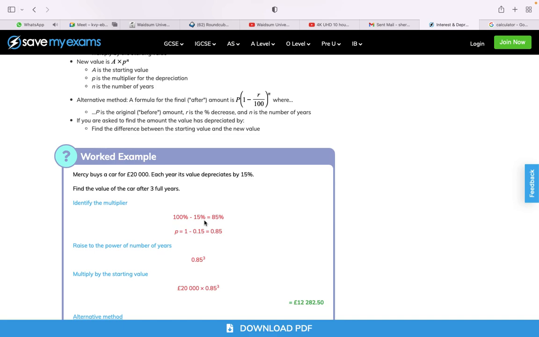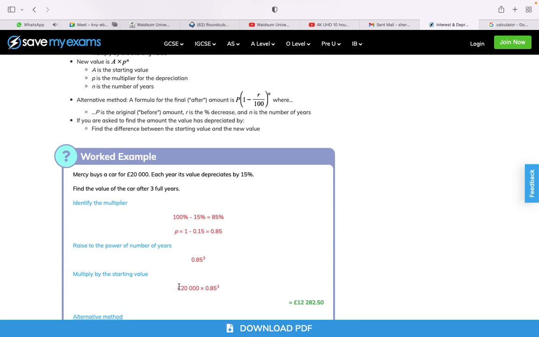50 over 100 is 0.15 in decimal. So you now say 1 minus 0.15, you get 0.85. So you're going to raise 0.85 to the power of 3 because it's 3 years. Whatever you get, you multiply by the amount he bought the car. You're still using this formula. The amount, this 20,000